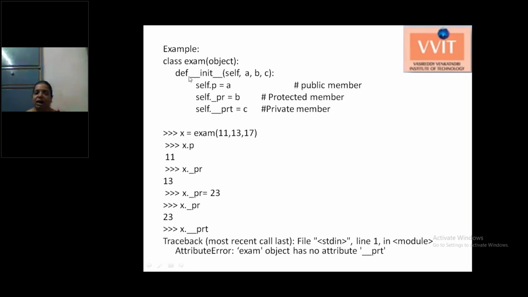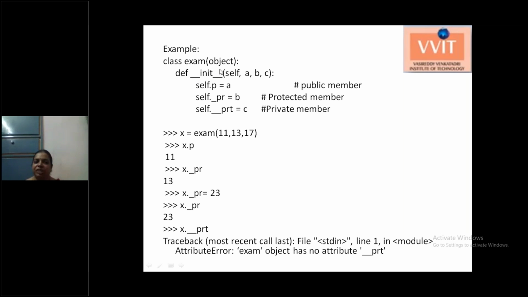Next we are creating a method. Whenever we write a method with the name init, we call it a constructor method. So this init is the constructor method. Here we are passing 4 parameters: one is the default parameter self, and a, b, c are the 3 variables that we pass from the calling place to the class constructor.